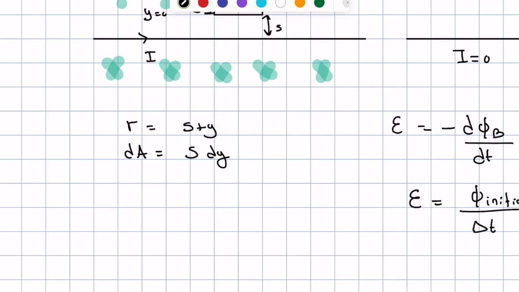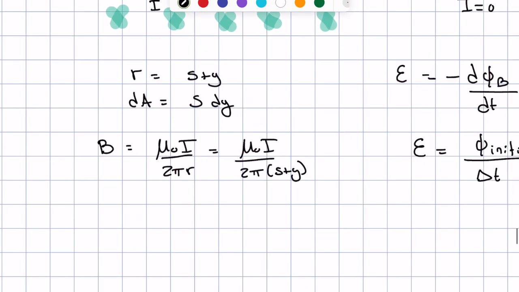So next, we just need to figure out our equation for B from the infinite wire, which is just mu naught I over 2 times pi times R, and that is going to be mu naught I over 2 times pi times (s plus y). Our flux is going to be equal to essentially B times dA, so the integral of B dA,